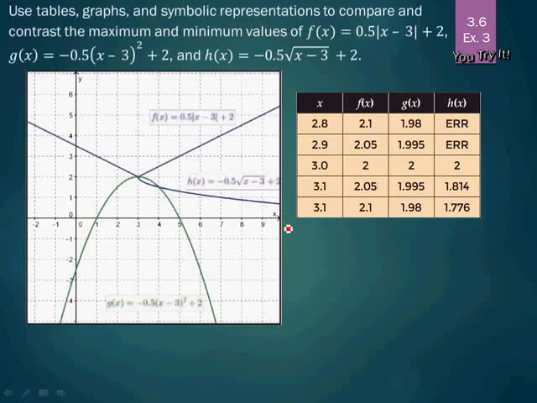Use tables, graphs, and symbolic representations to compare and contrast the maximum and minimum values of f(x) = 1/2|x - 3| + 2, g(x) = -1/2(x - 3)² + 2, and h(x) = -1/2√(x - 3) + 2. Okay, so first looking at f(x), we see this is an absolute value graph,